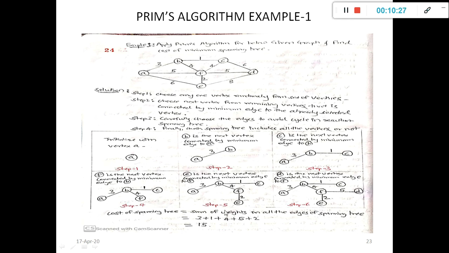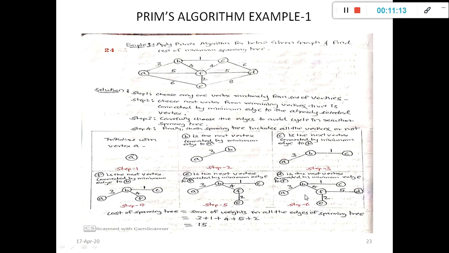If no cycle, then continue with the next step. In step 5, the remaining vertices E and D are connected to the already connected vertices A, B, F and C. The distances are E to F with 2, E to A with 6, D to C with 6, D to F with 5 and D to E with 8. Among these possible distances 2, 5, 6 and 8, 2 is the minimum. Hence, connect vertex E to F, as shown in step 5, and it will generate another subtree with no cycle.